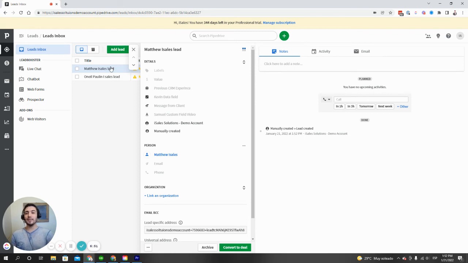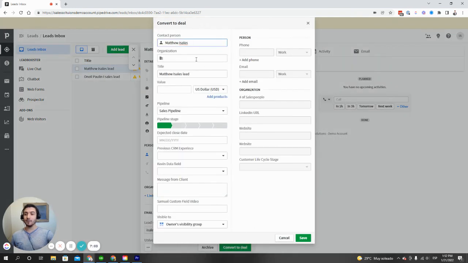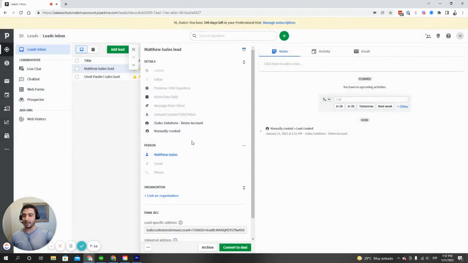But when that happens, since leads and deals are both on the opportunity level, we're converting it from a lead to a deal. So the way you can do that is you just hit the convert to deal button, and it will fill in any data that you filled in on the lead file, right behind this dialog box, and it will add it here. So for example, if we add in